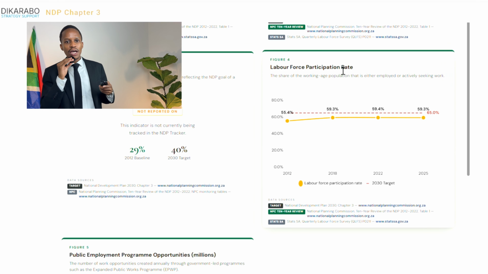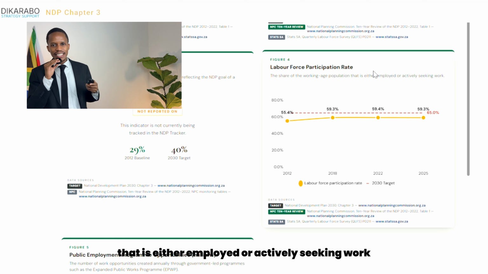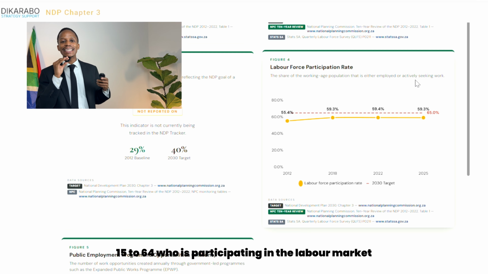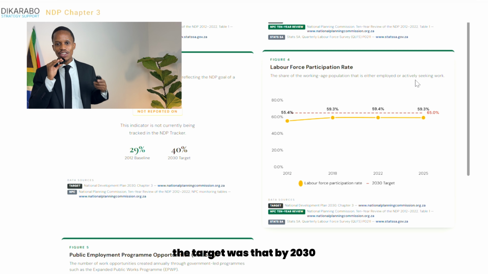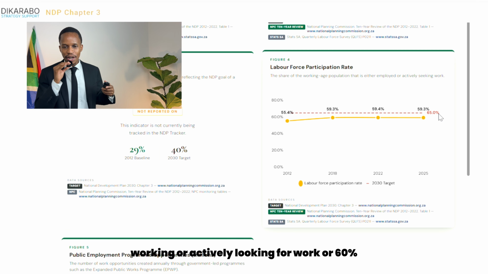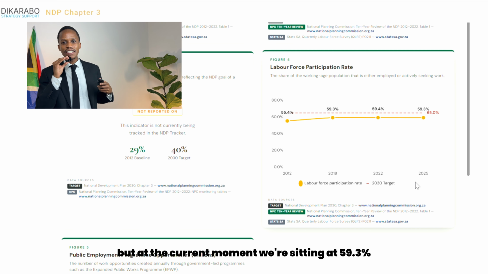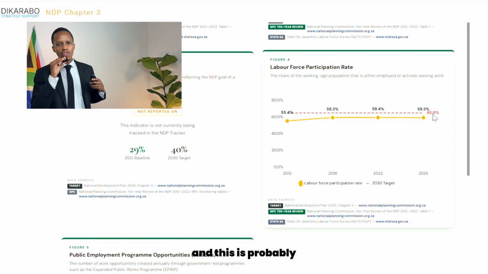And if you look at figure 4, we look at the labor force participation rate target. Labor force participation is the share of the working age population that is either employed or actively seeking work. So who is participating of the working age population, 15 to 64, in the labor market, meaning either working or actively looking for work. The target for 2030 was 65%, sorry. But at the current moment, we're sitting at 59.3%. So we're not too far from the 65% target,